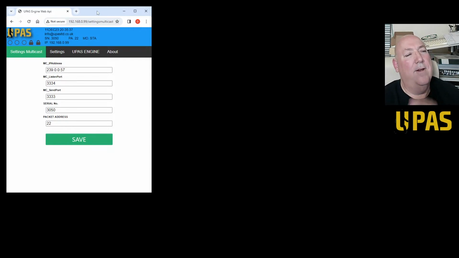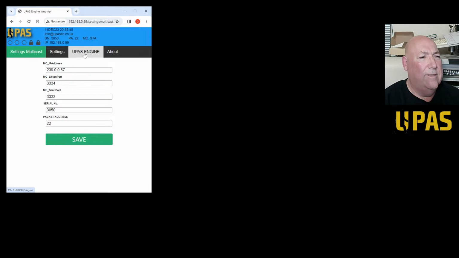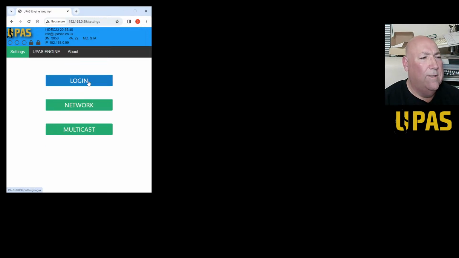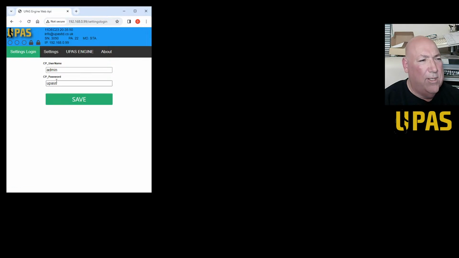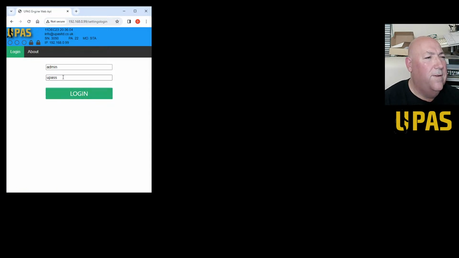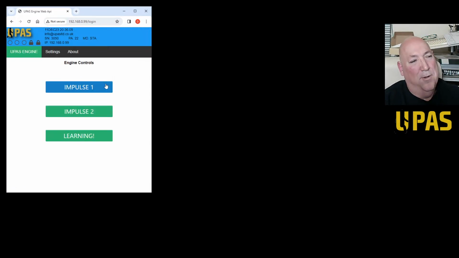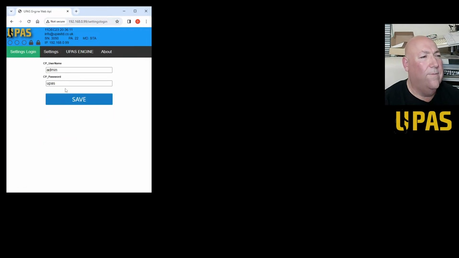You never know. Anyway, right, we've got the web API, so all we want is the basics to set it up. We've got settings, so you can log in. You can change your login credentials if you're not happy with the default password. Actually, I'm not happy with that default password. It should be that. So I'll log in again. See how easy it was to change the login details then. It's changed already.